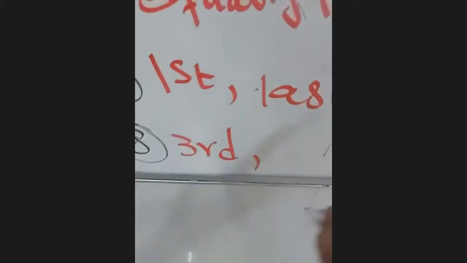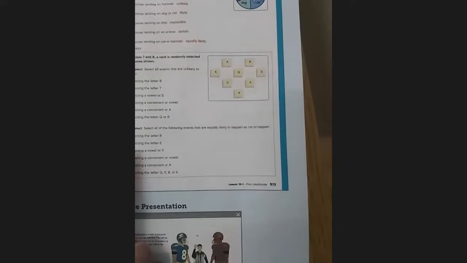The third one. Check the third one. Then you read: selecting a consonant or a vowel. It is certain. All of them are consonant or vowel, right? Yes. Next, selecting a consonant